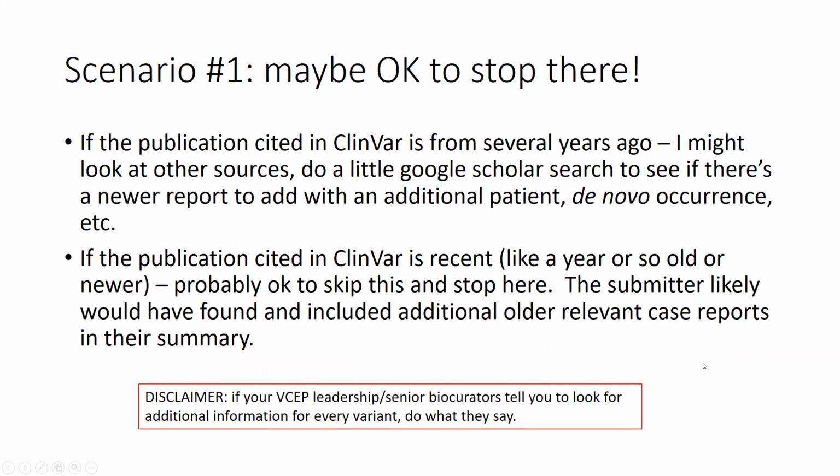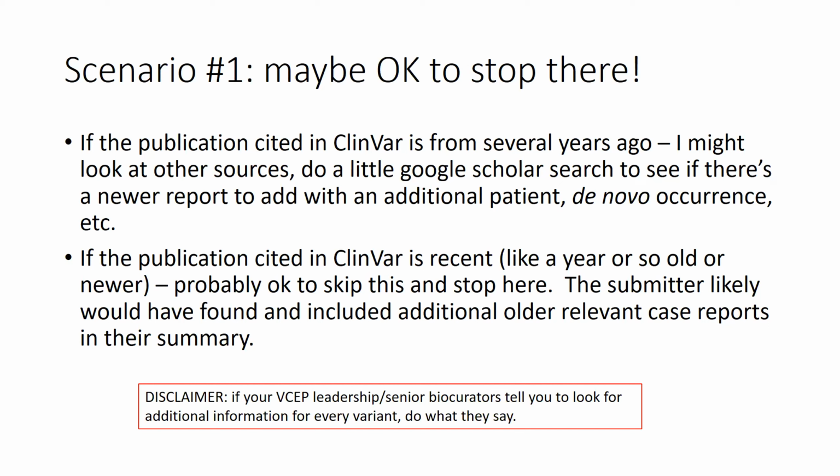My answer is maybe, it might be okay to stop there. Some things that I would think about: if the publication cited in ClinVar is from several years ago, I might still do a little digging to look at other resources, maybe do a quick Google Scholar search to see if there's a newer report to add in with additional information. Maybe there's de novo data on the case, if that makes sense for that gene. So if it's from several years ago, yeah, I might look around and just see if there's anything new out there. But if the publication that's cited in ClinVar is very recent, like maybe it's only a year or so, or newer,